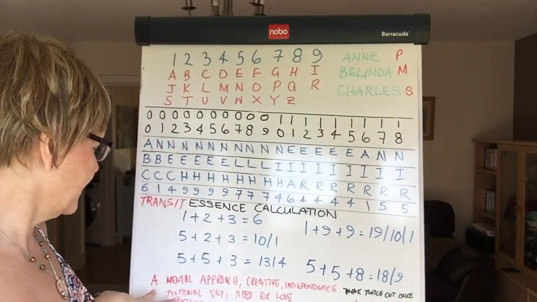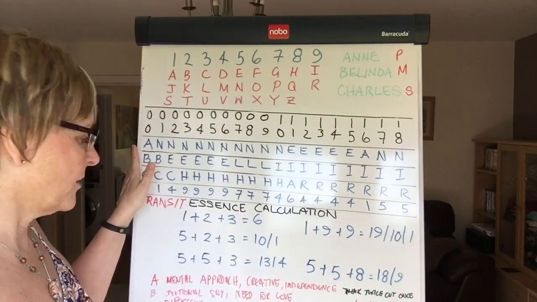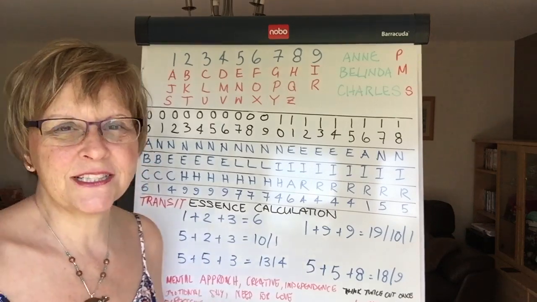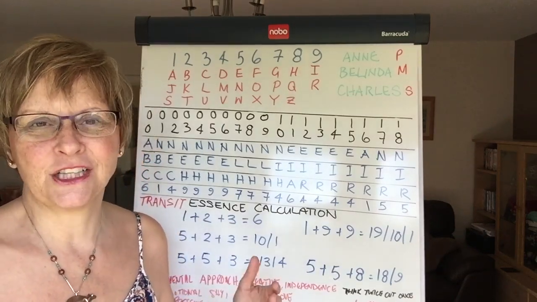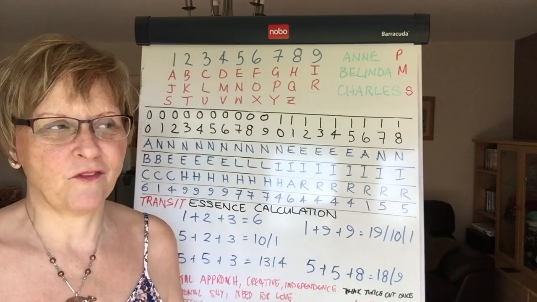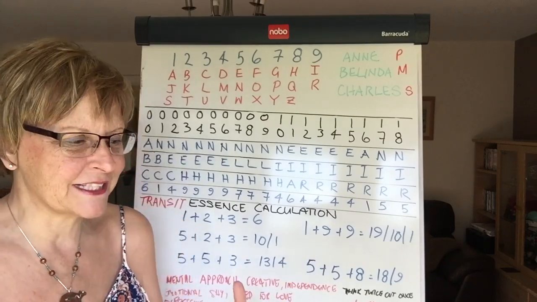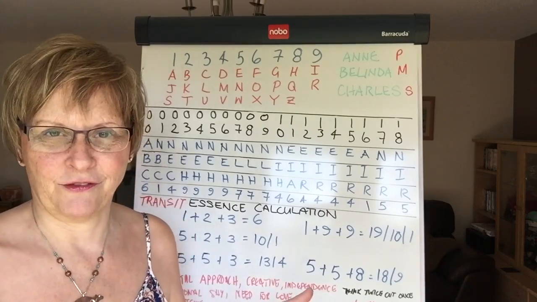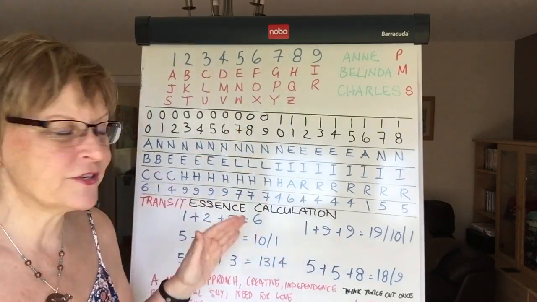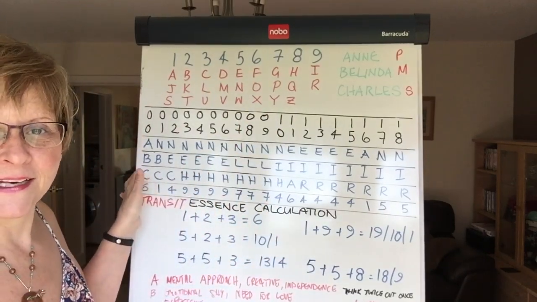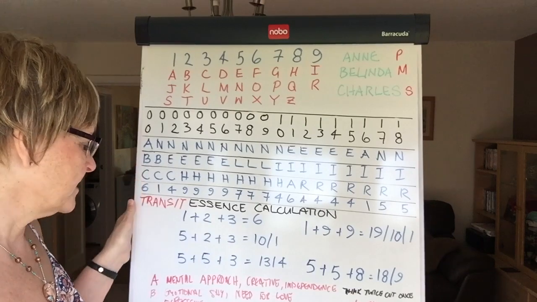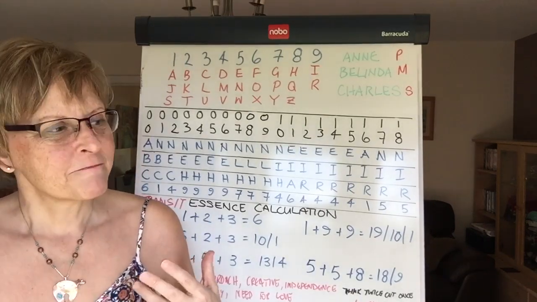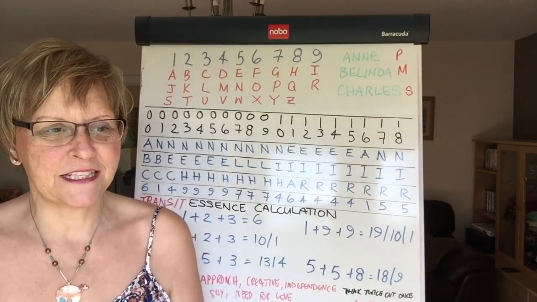So, like I said, the B energy here in the mental is suggesting that perhaps Anne is a little shy, wanting to have love, wanting to feel supported and protected, emotionally sensitive. And the last one, the spiritual one, in this case, Anne has a C here. And again, that's back to being expressive and creative.